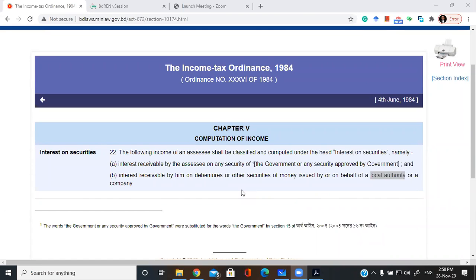So if you are fortunate, you will see a municipal bond has been issued in Bangladesh in your lifetime. Okay, so the follow-up question,